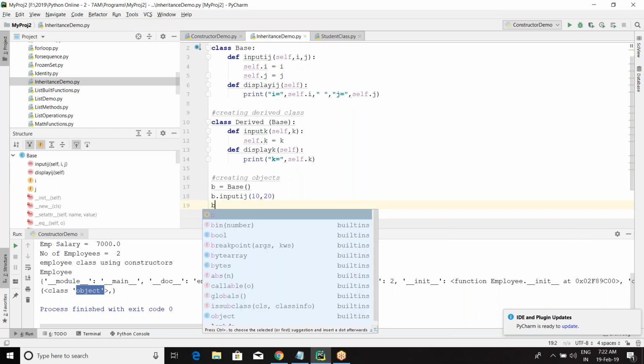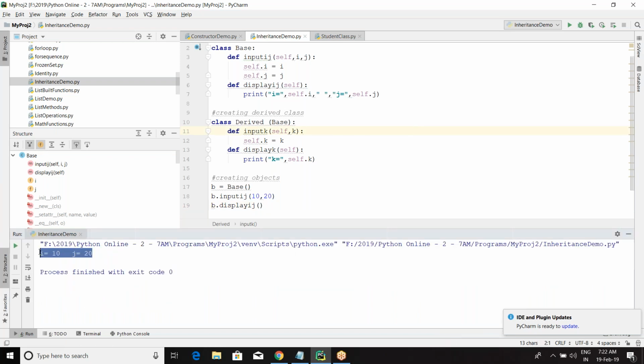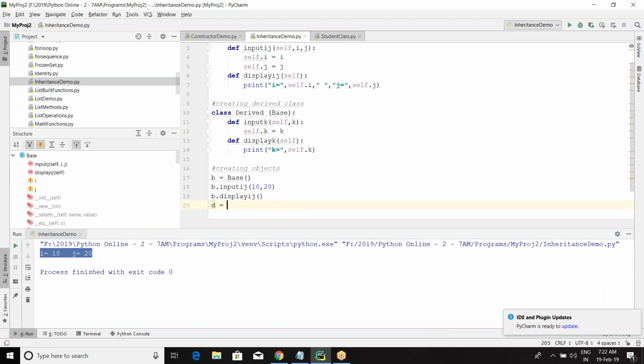Now if I say b dot display ij, then what will be the output now? When you run, ij values will be 10, 20 here. Clear? Now if I say d equal to derived,